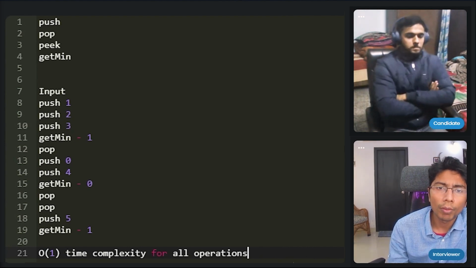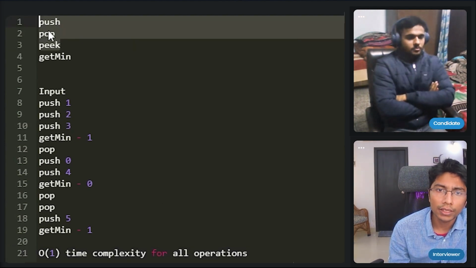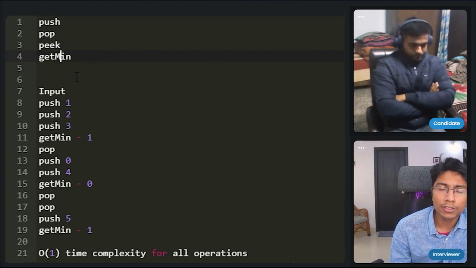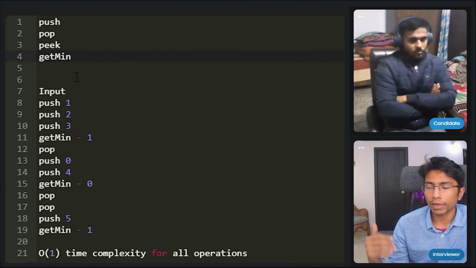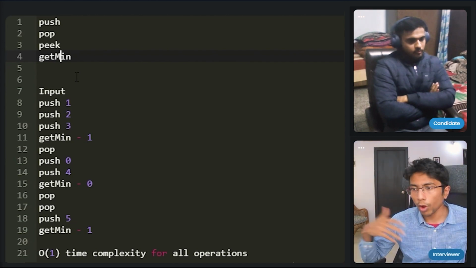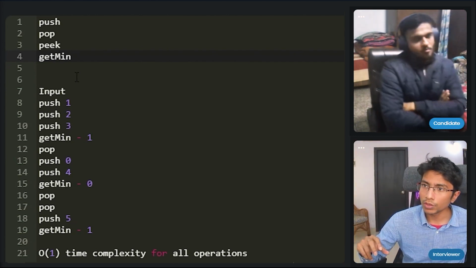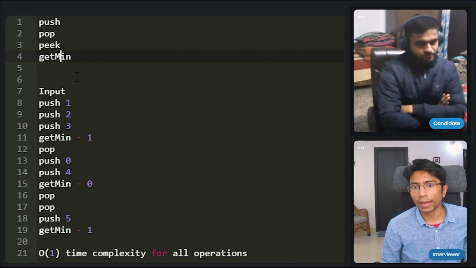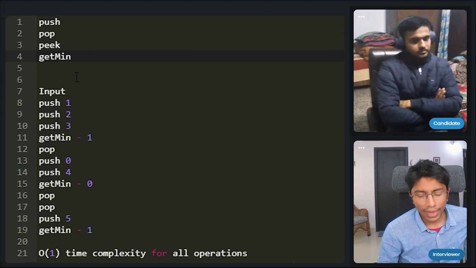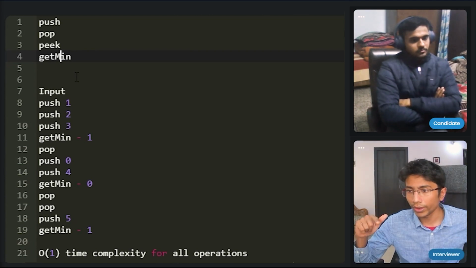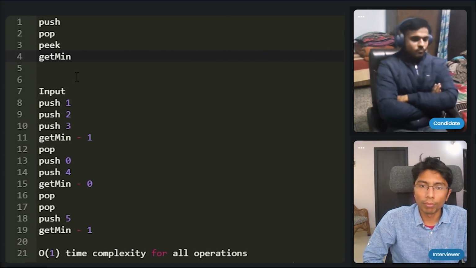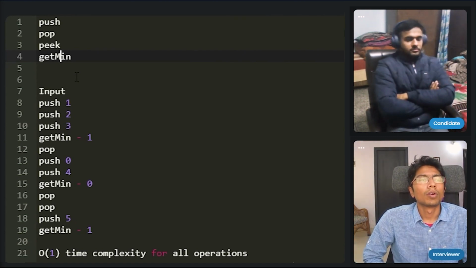So I'm seeing the problem here is that if I use a normal stack, then push, pop, and peek is totally fine. It is all O(1). Get min is going to be O(n) if I use a normal stack, because I have to pop all elements, and then I have to see which is the minimum, and then I can push them all back. Okay, so that is a problem. Actually, if I keep a min pointer also, the problem is what is the next min pointer is a problem.